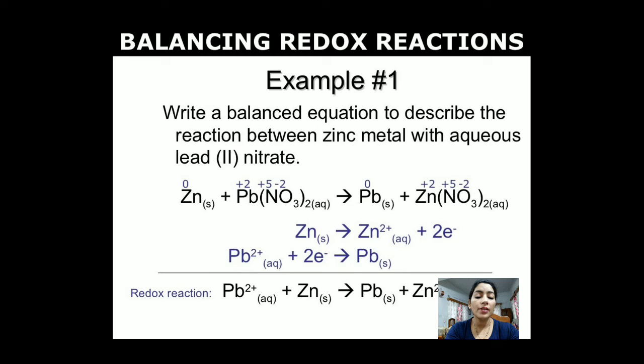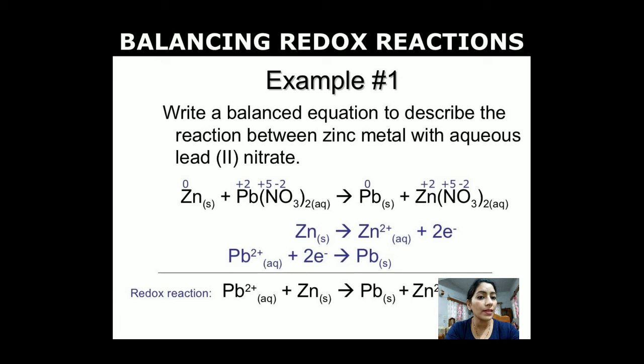A few examples will help us make out these types of reactions. Suppose zinc metal reacts with lead nitrate, giving free lead and zinc nitrate aqueous solution. First we should assign the oxidation numbers of all the elements. Then we find which element is oxidizing and which is reducing. Zinc metal converting to zinc ion is oxidizing because it releases 2 electrons. Lead in ion form gains 2 electrons and forms free lead, so it is reduction.